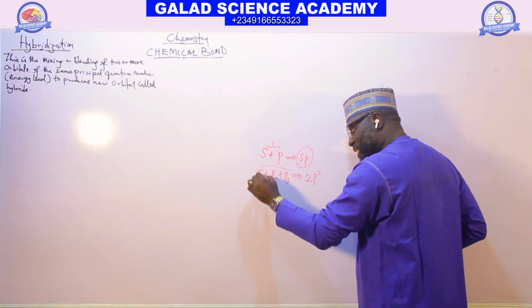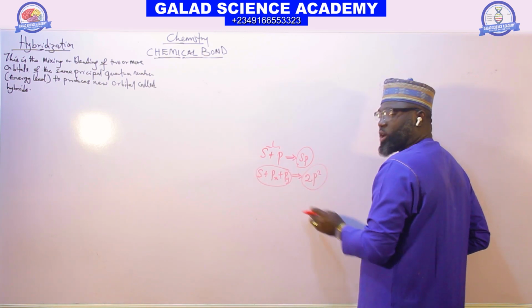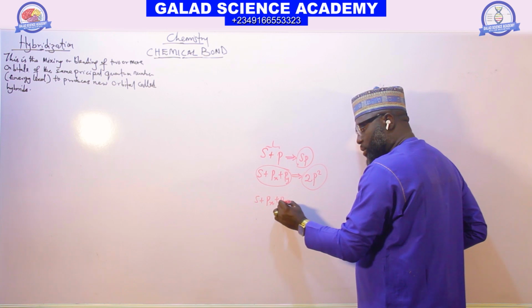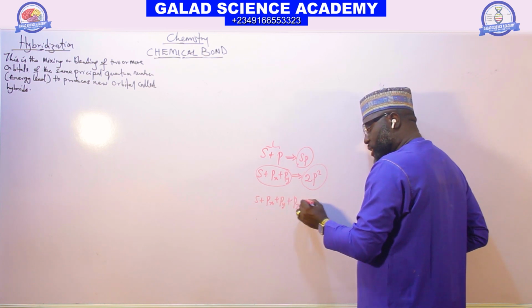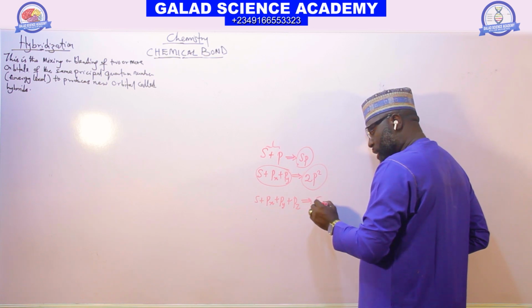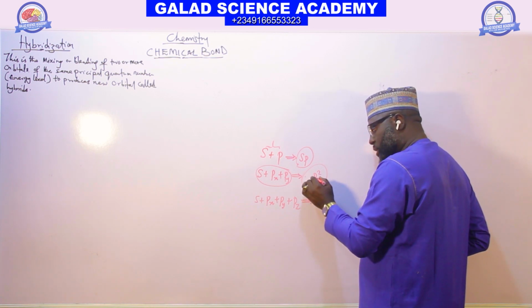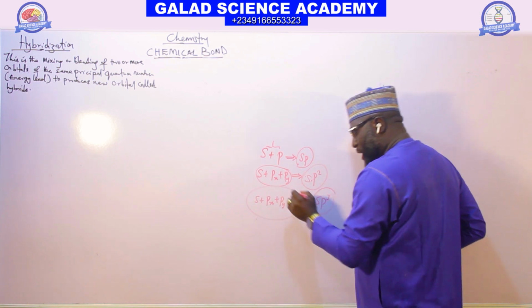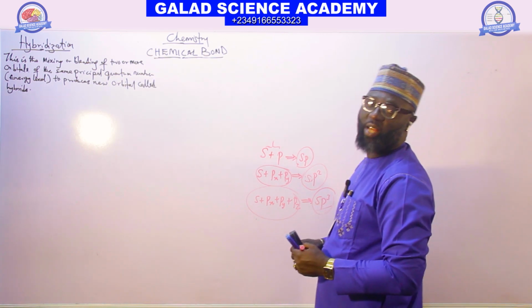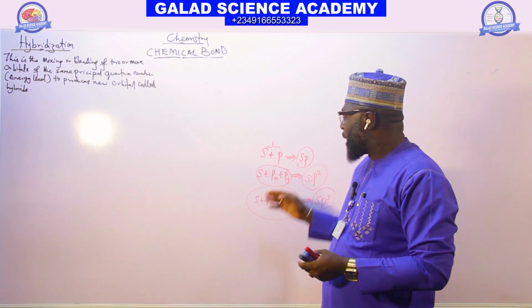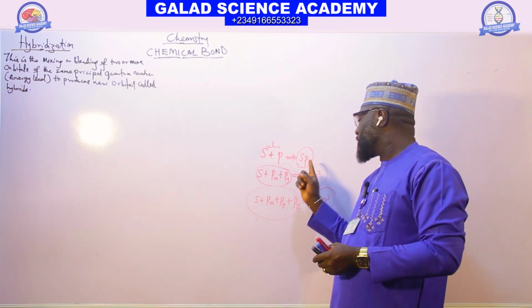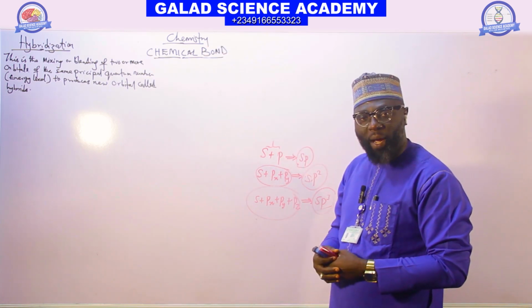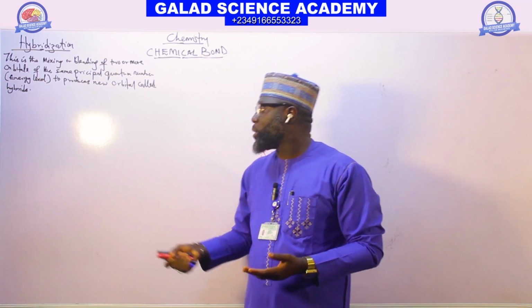Or the process of mixing these three orbitals together to give me this is called hybridization. Or we have s orbital plus px plus py plus pz to give me sp3. The process of mixing them together to give me this is called hybridization. So the process whereby we mix orbitals together to give us a new orbital is called hybridization. And mind you, the orbitals that you want to mix together must have the same